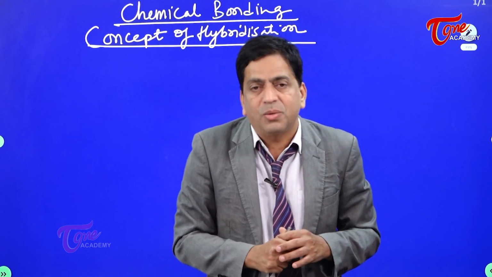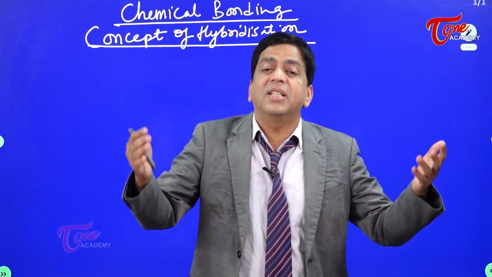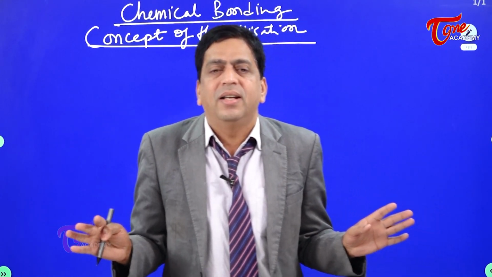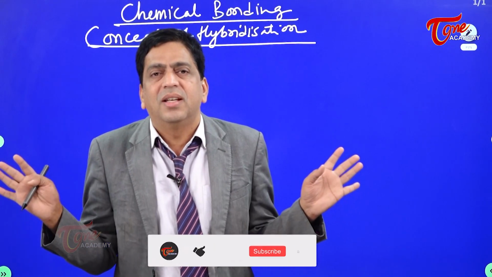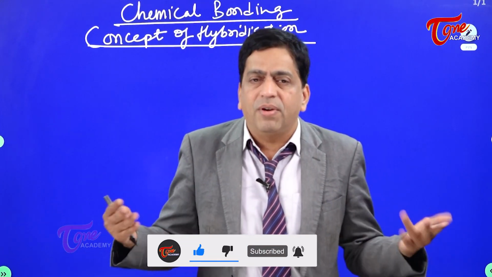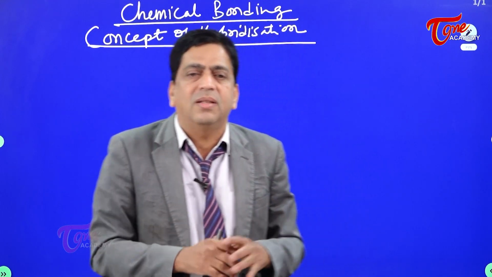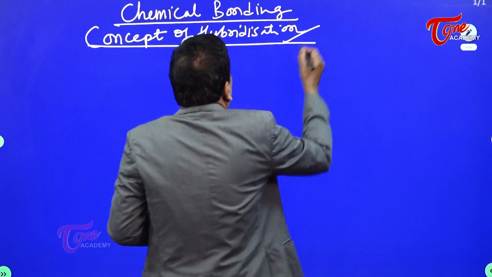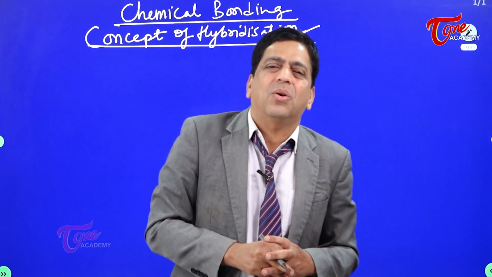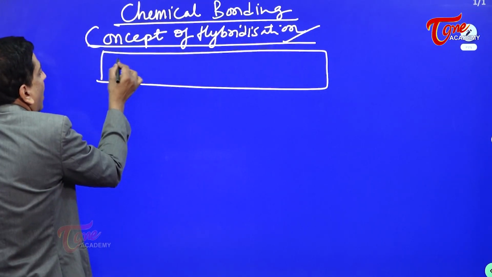Instead of that, I think it's better to have a hypothetical theory where, before participating in bonding itself, the orbitals sit in certain positions, bond angles are fixed, structures are fixed, shapes are fixed, everything before what? Bonding itself. If that can happen, such a theory would be a fine theory, and such things are taken care of by the concept of hybridization. So the basic reason why I propose the concept of hybridization is to get